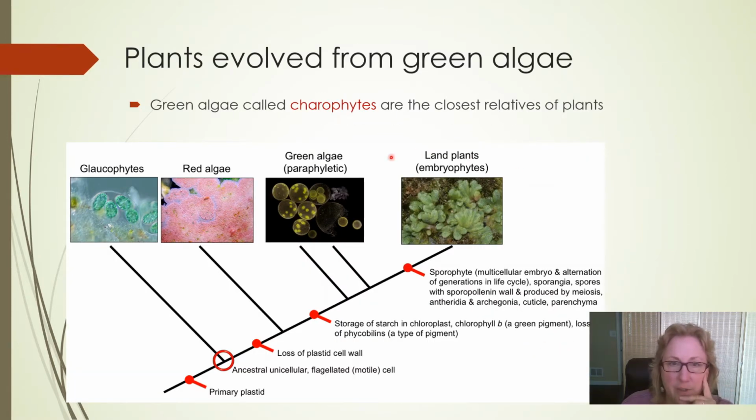So if we look at a little tree here of the Archiplastida, down here at the very bottom we have the primary plastid, so that makes this entire clade the Archiplastida, or the first eukaryotes that had chloroplasts. And so we have this weird group over here, glaucophytes and red algae, being early splits off of this lineage of Archiplastida, and then the green algae, which are the closest relatives to the plants, and charophytes, in fact, being a type of green algae that is, in fact, the closest to land plants.